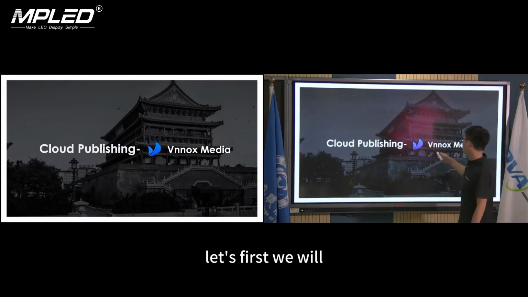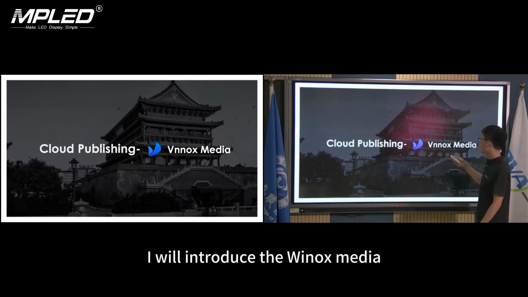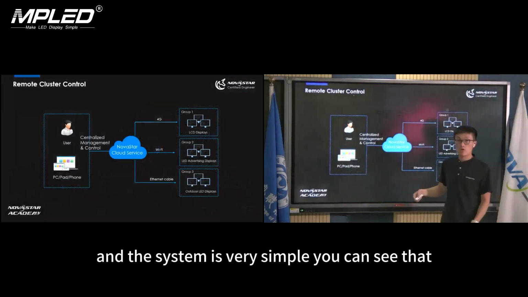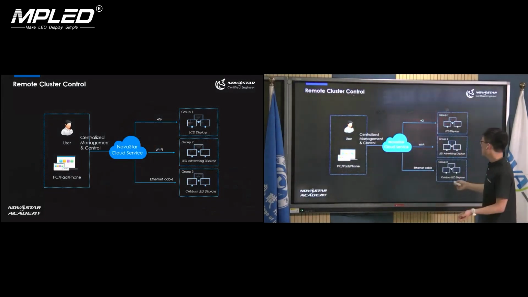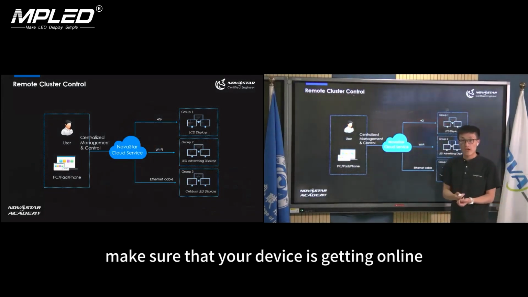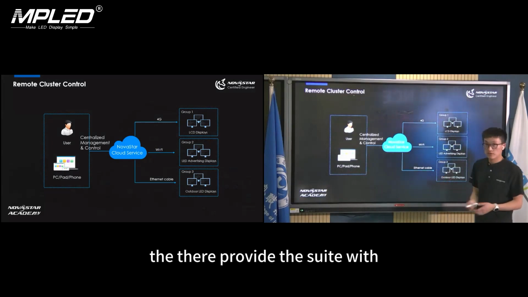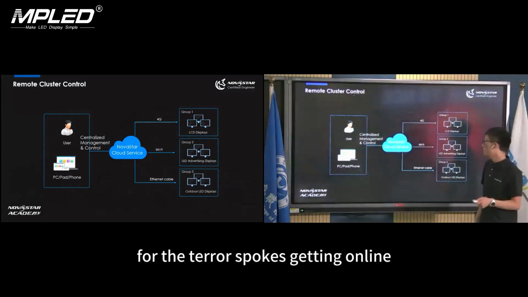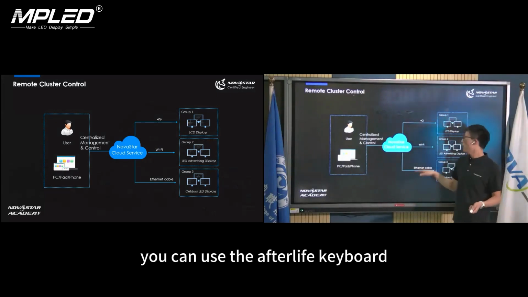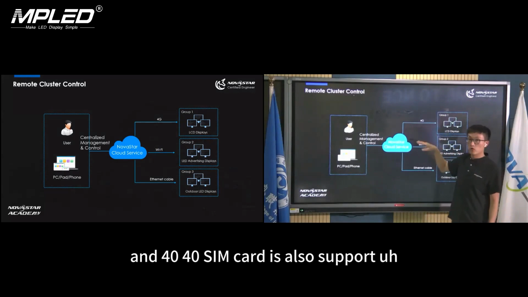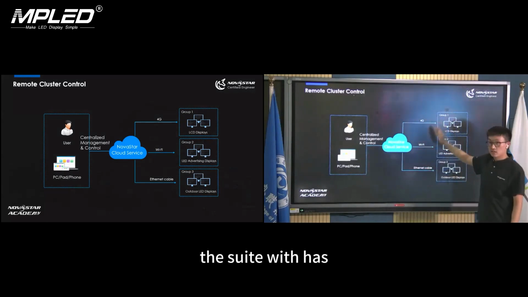First, I will introduce Vnnox Media. And the system is very simple. You can see that. Make sure that your device is getting online. This one thing is okay. They provide 3 ways for the Taurus box to get online. You can use the Ethernet cable, and you can also use Wi-Fi, and a 4G SIM card is also supported. The 3 ways have a